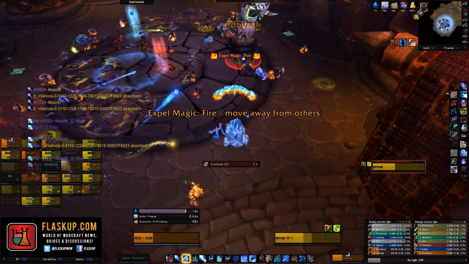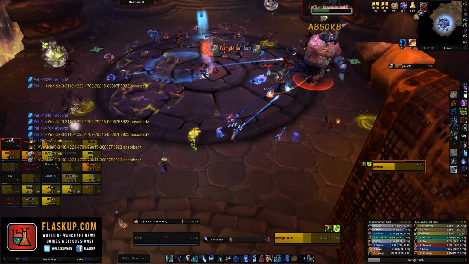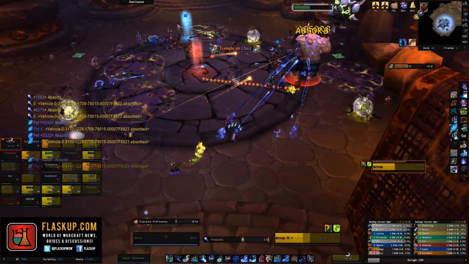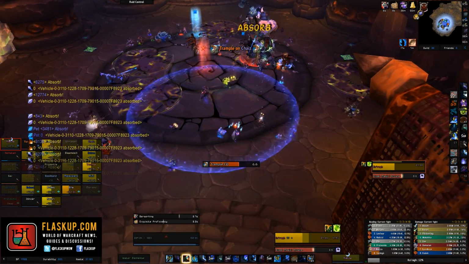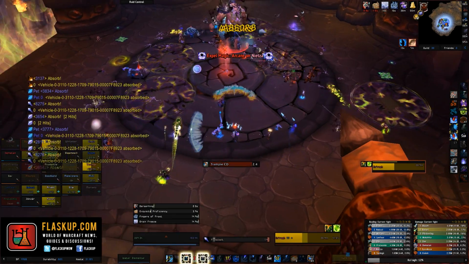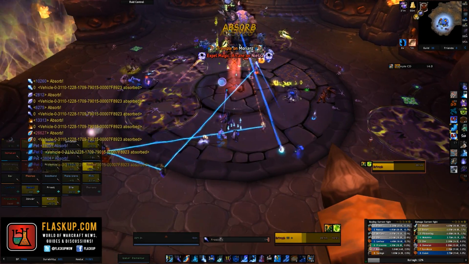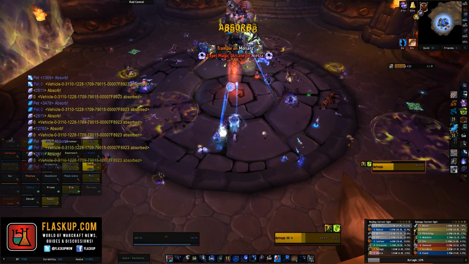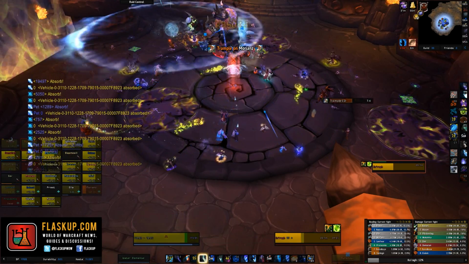The first ability is called Expel Magic Fire, and this is going to cause him to expel fire magic, which will inflict a small amount of fire damage every second for 10 seconds to everyone in the raid. So your healers need to be ready for raid-wide healing. And then when the Expel Magic Fire expires, it's going to inflict a high amount of fire damage to anyone within 7 yards. So when this goes off, you need to make sure that you're getting your raid topped up,